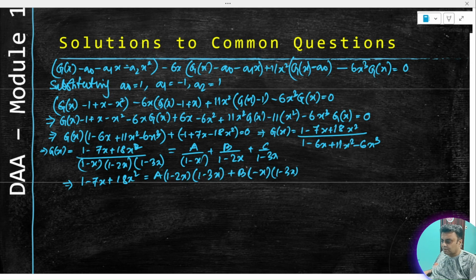I'm just doing the LCM and multiplying the corresponding terms. Right, so now if I expand and compare and then collect the coefficients, then I will get something like this: